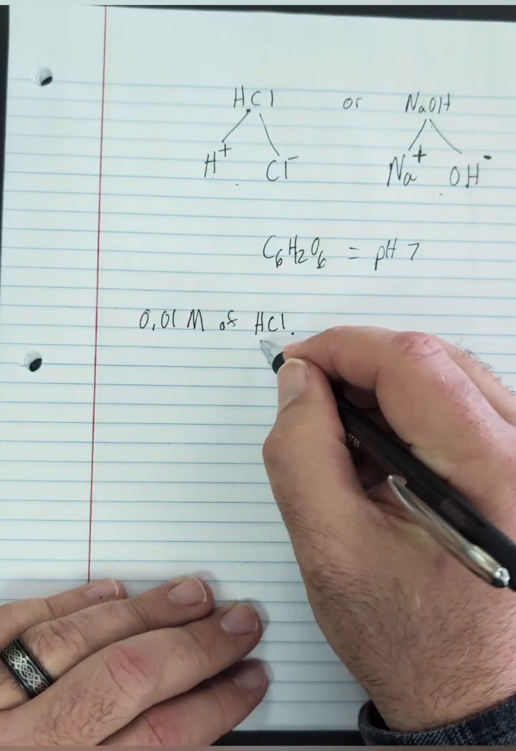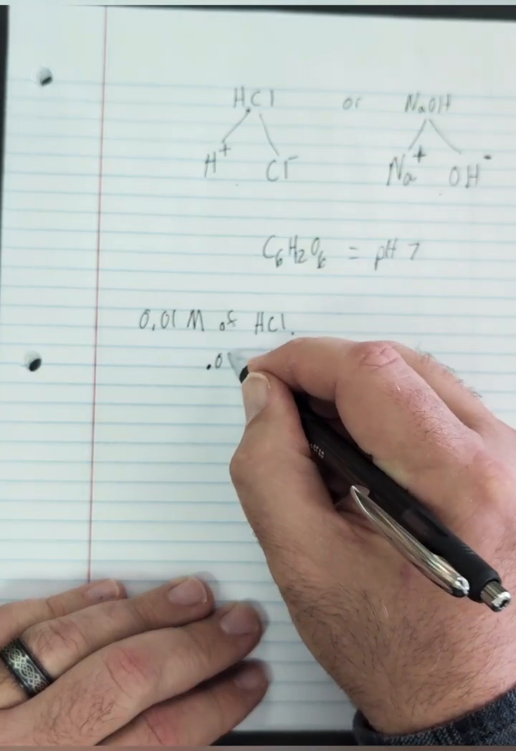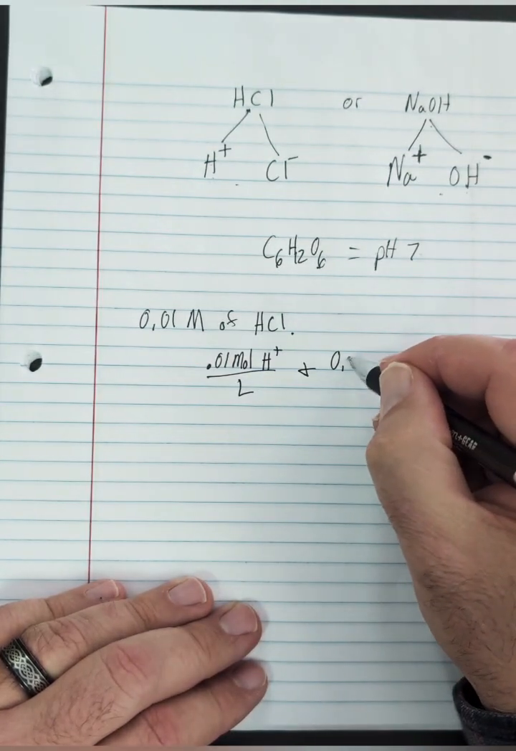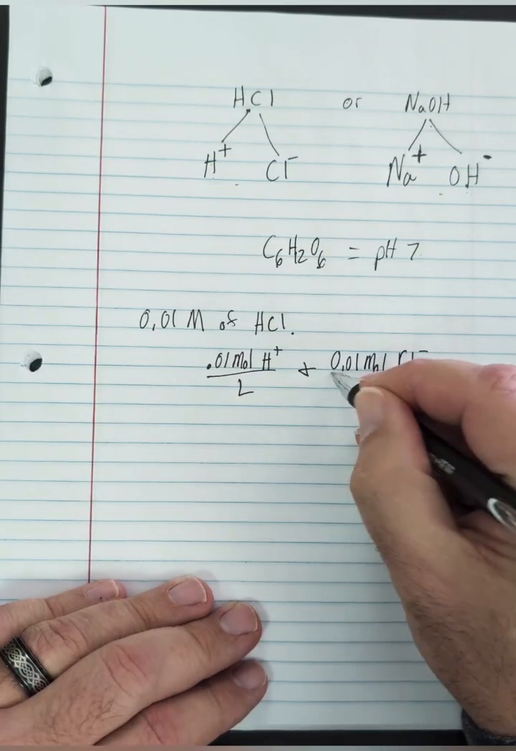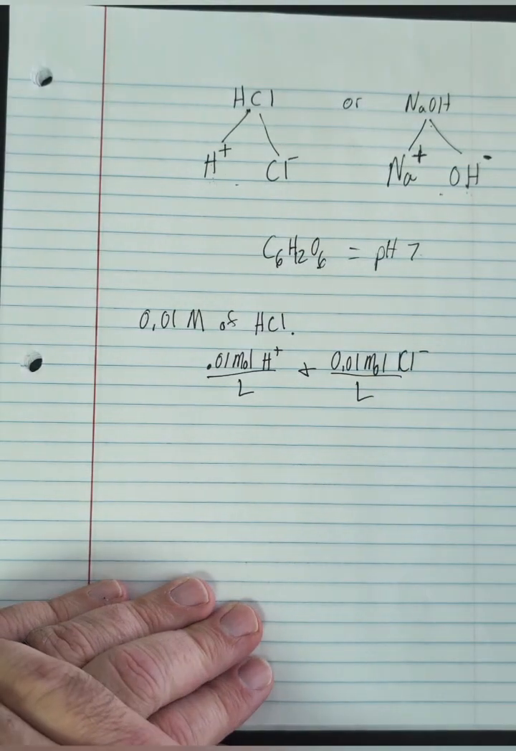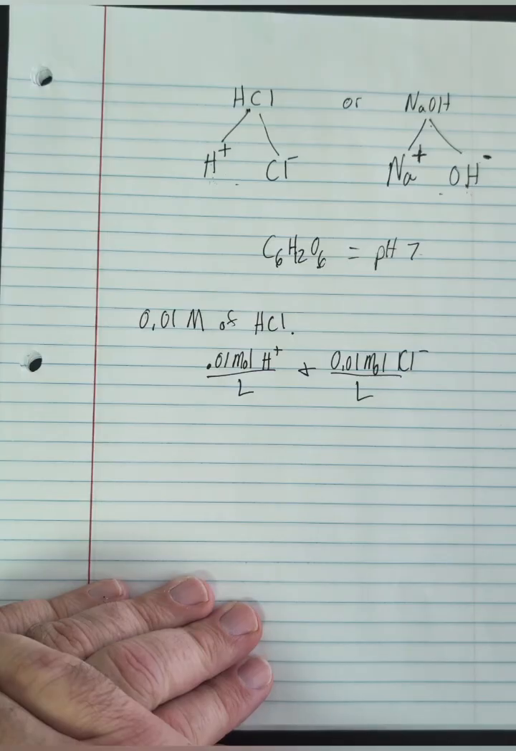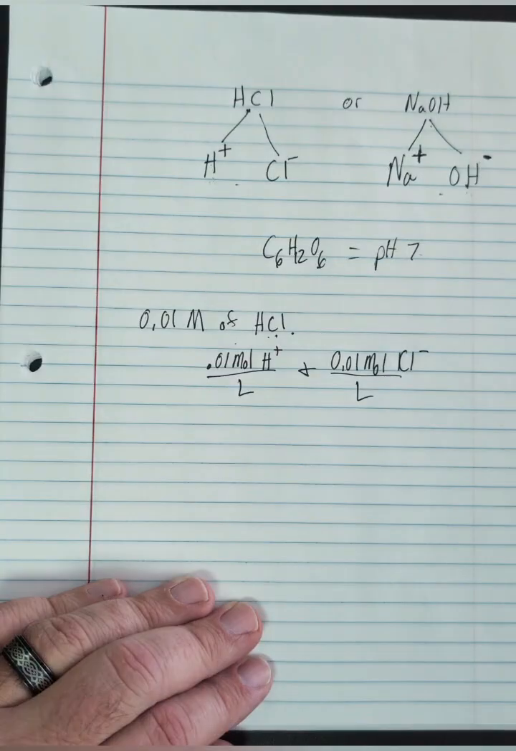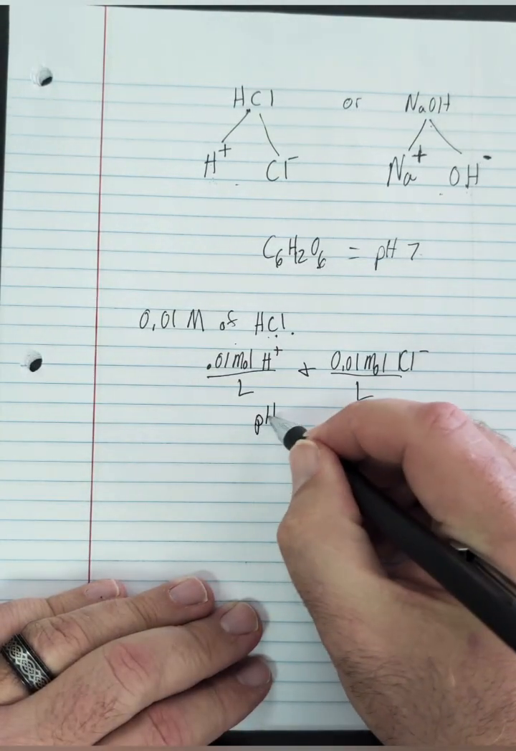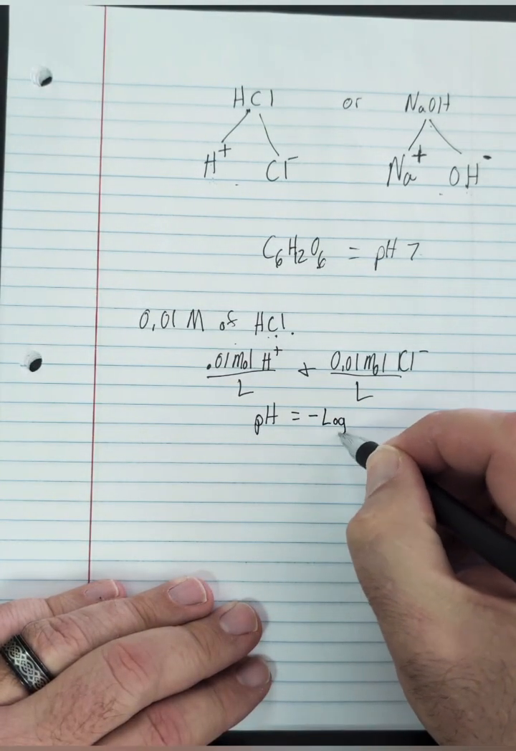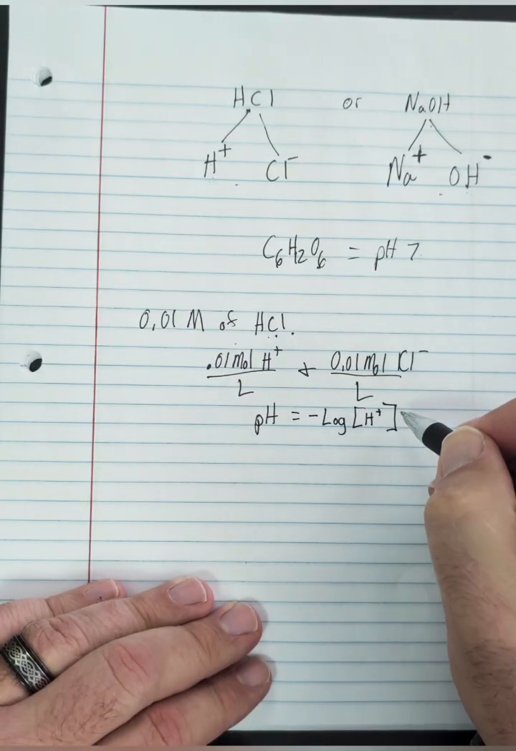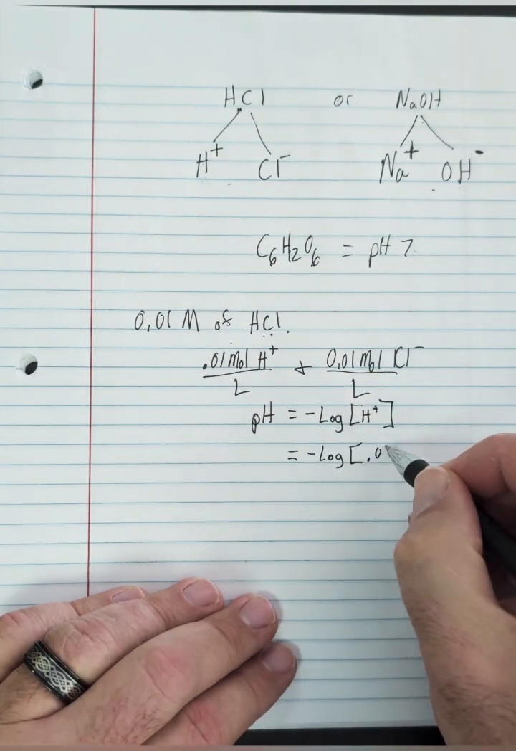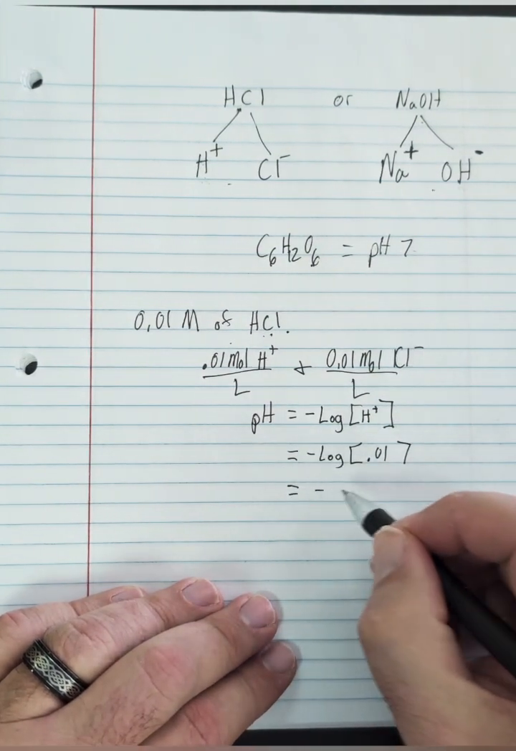Which means once it dissociates, you will have 0.01 moles of hydrogen ions per liter, and you'll have 0.01 moles of chloride ions per liter. Okay, and if we wanted to figure out what the pH was, we know this is an acid, and we know the pH is going to be the negative log of the hydrogen concentration. If we take the negative log of 0.01, I believe, I could be wrong, we're going to